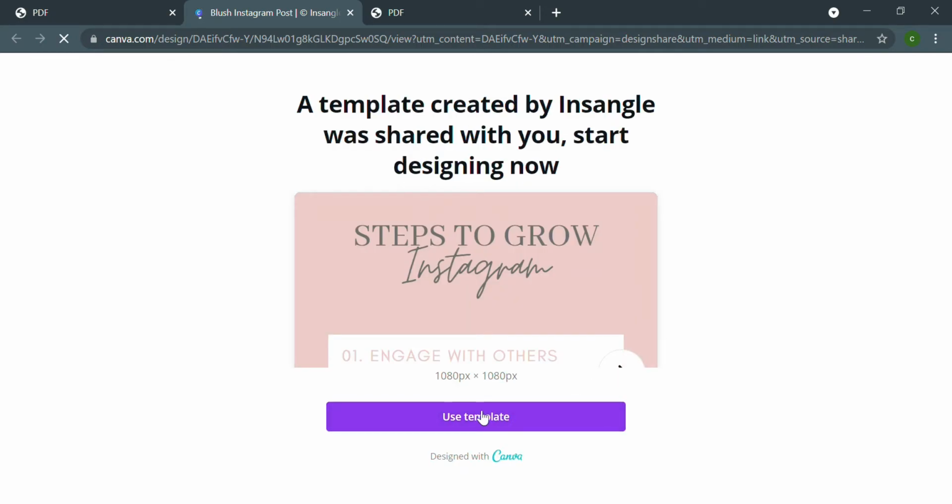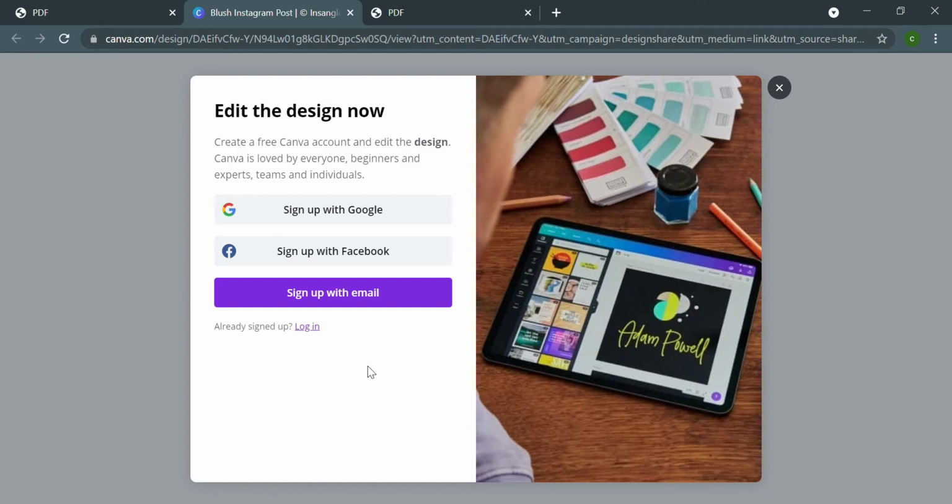So we have to click on use template and we have to sign up or log in. If you already have an account, then you don't have to sign up, so we just sign up or log in with our Google account. And then the template will open